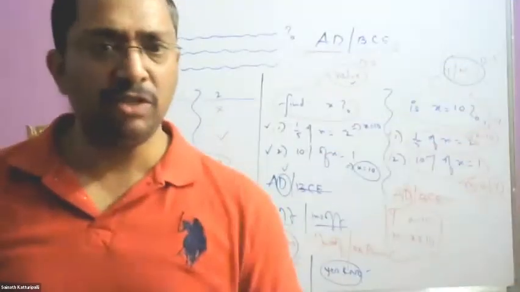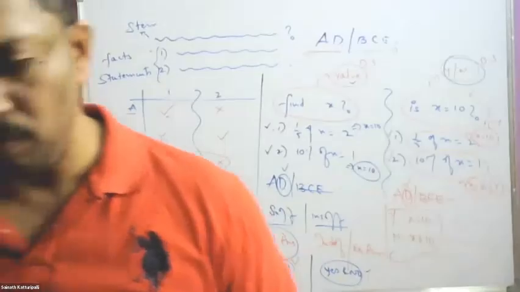So basically, look for a yes or a no option. Whatever option you get out of that, go for the other one. Negation. Yeah, negation. So in the yes-no DS question, if in the second option it was 20% of x is equal to 1, that means x would have been 20. That is, x is not equal to 10, definitely a no. So still the answer would have been D only.